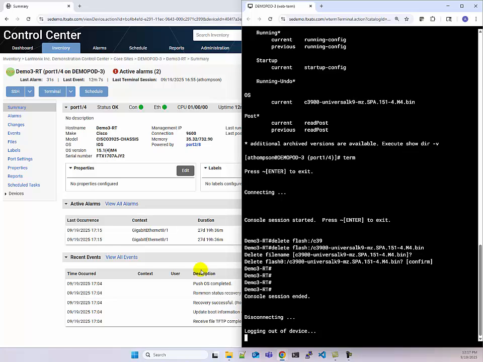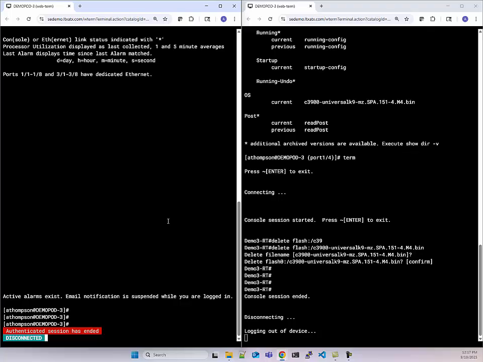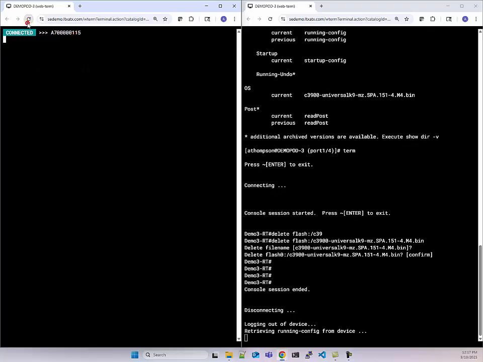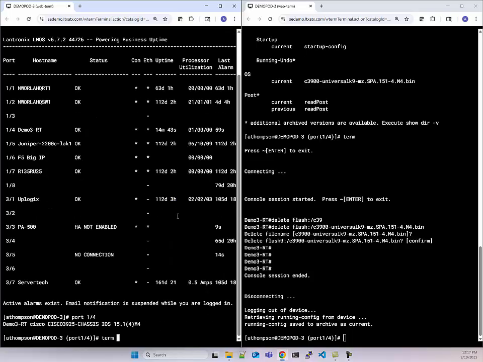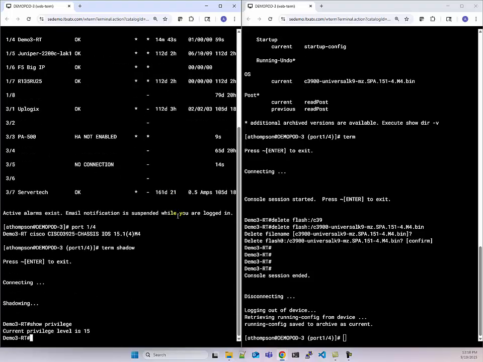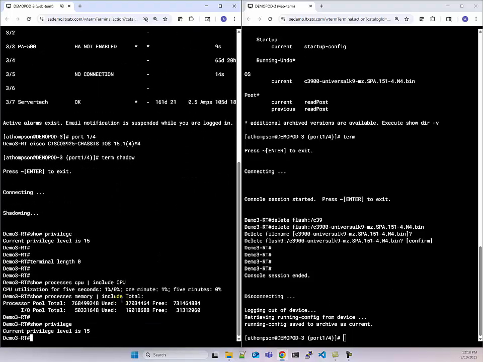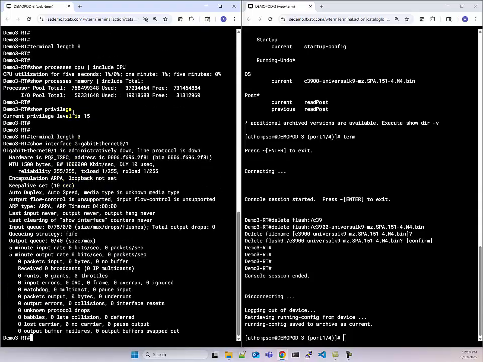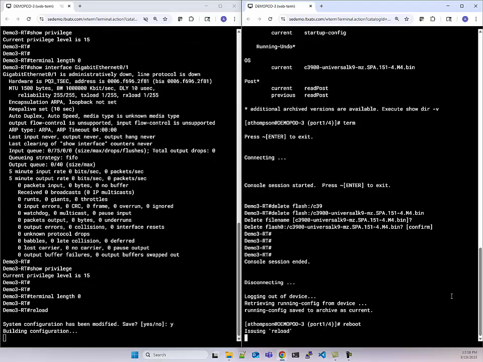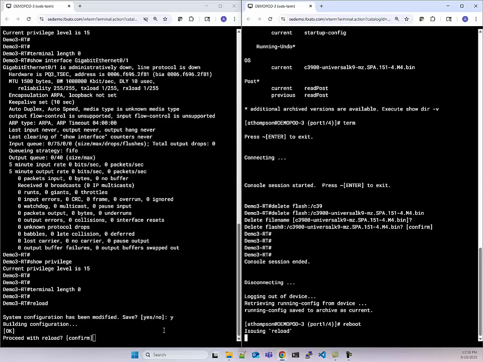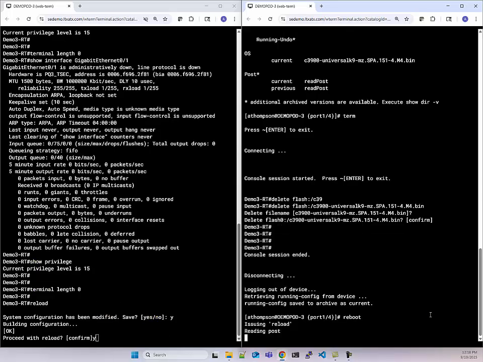Now, in order to show what happens and how this works, we're going to open up another terminal session here, and we're going to show you what happens behind the scenes as this device does the auto recovery of this router. So we'll go back to the same port, and we'll use a feature we call a terminal shadow, which lets users watch what's happening on a port non-interactively. And so you can see here's our Cisco driver monitoring some interfaces and so forth. I'm going to go ahead and tell the local manager to reboot that device. Now, I have a switched PDU attached, so I could have power cycled it instead, but what I'm having our driver do is reboot it using the proper commands.